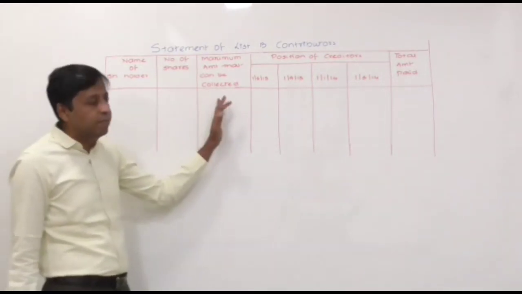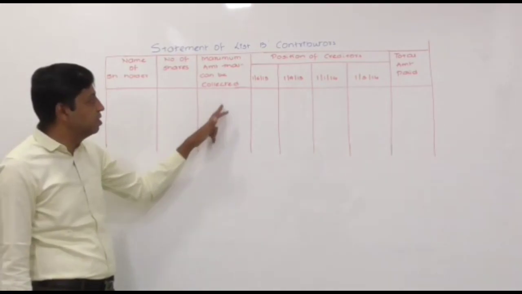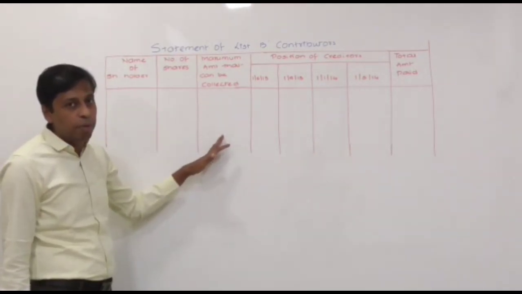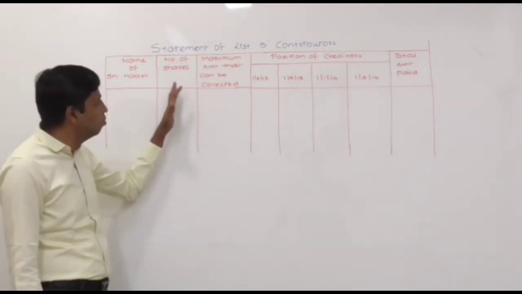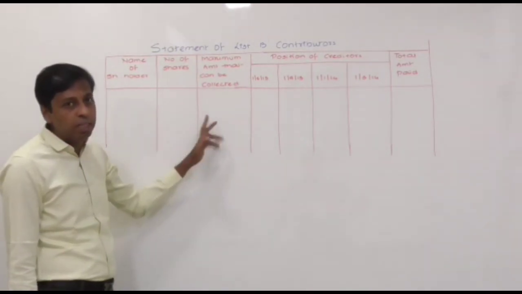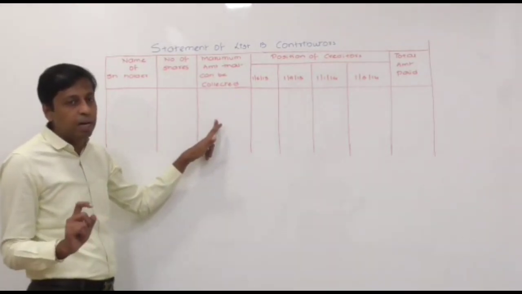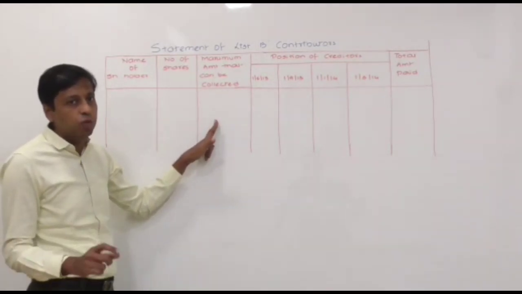The amount that we can charge maximum. Now this is very simple. How do you get the maximum amount that can be collected from them? The maximum amount that can be collected from them will be the number of shares that they have multiplied by 3 rupees. अब ये 3 रुपया कैसे आया? The share value is 10, the paid up value is 7, that means we can ask for the remaining 3